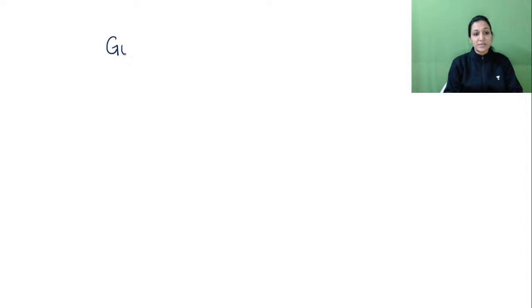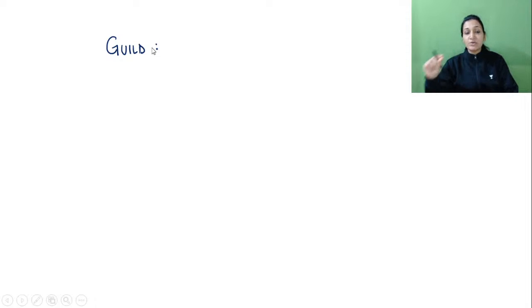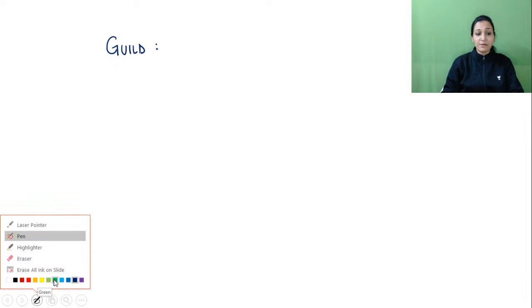What is a guild? Is there anyone who is going to tell me what a guild is? A guild is a group of species within a community that interact more strongly among themselves than with the others, using habitat or food resources in a similar manner. So they are going to interact within themselves, rather than interacting with the other members of the community. That is a guild. It is a very important term which you must remember for the exam.